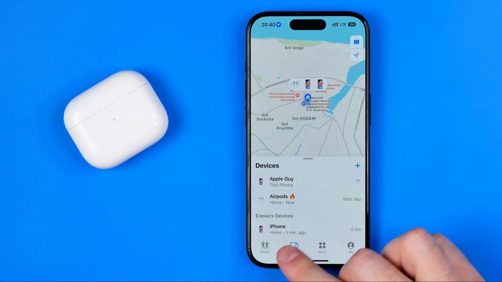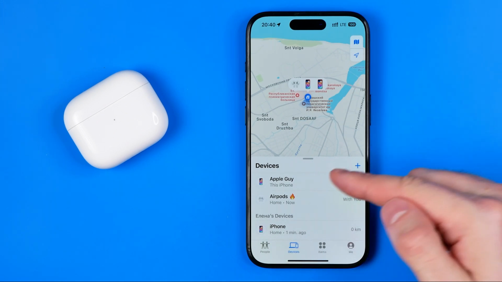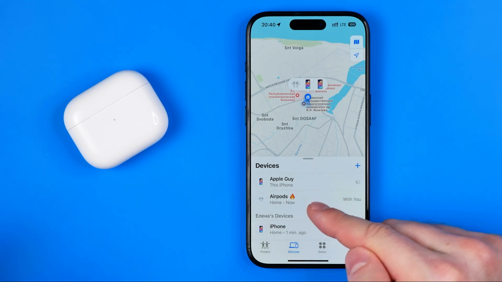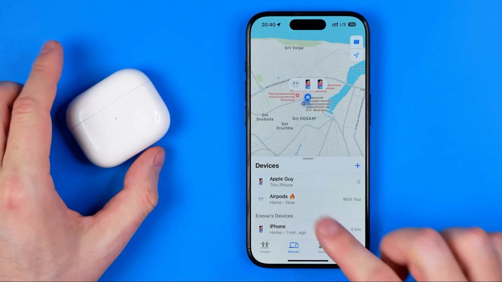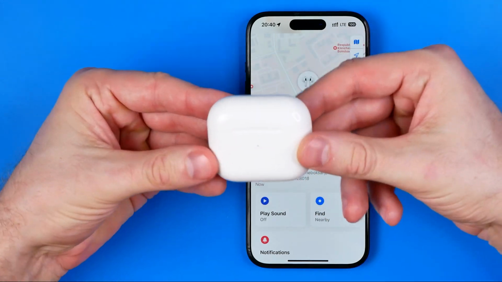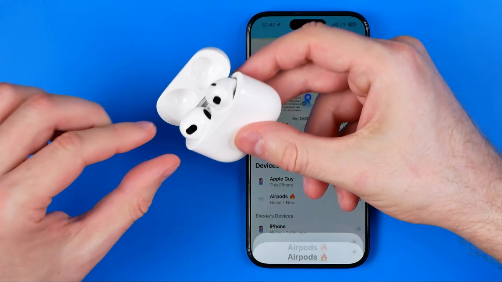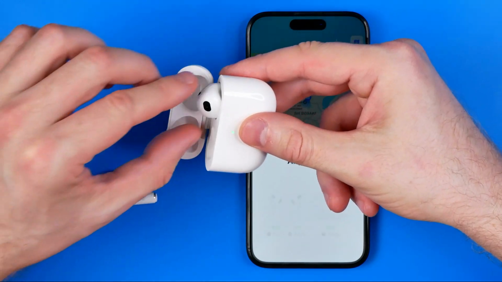Then if we go right here to devices, we can check my current devices, the current iPhone and my AirPods. It shows us here just a case with two headphones inside of it. However, if we take them out of the case